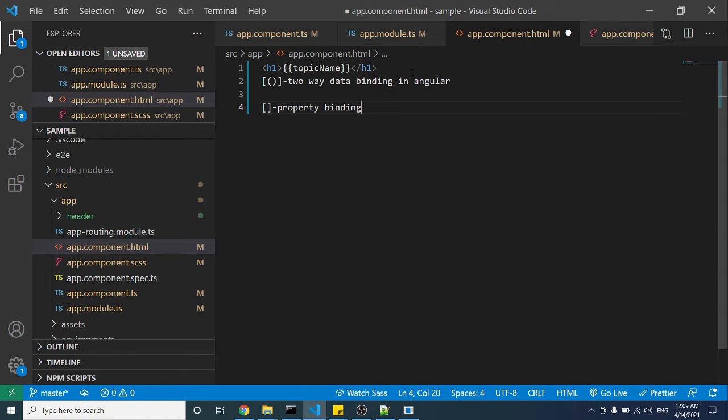And if you observe one more thing, we have parentheses, which is nothing but event binding, passing data from the template file to the class component.